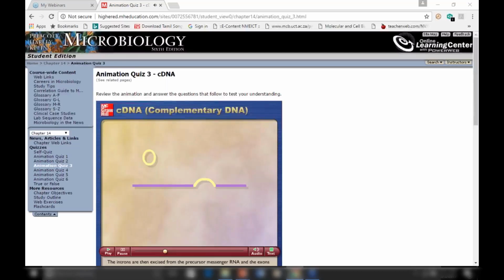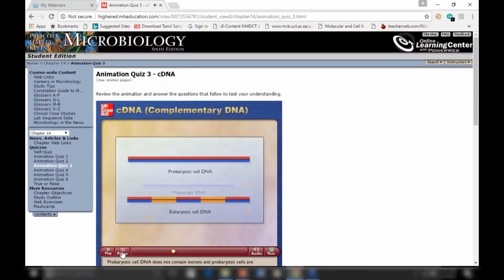In most eukaryotes, the expressed segments of the gene, called exons, are separated by intervening sequences of nucleotides called introns. The exons and introns are transcribed by RNA polymerase, generating what is called precursor messenger RNA. The introns are then excised from the precursor messenger RNA, and the exons linked together to form the mature messenger RNA. Prokaryotic cell DNA does not contain